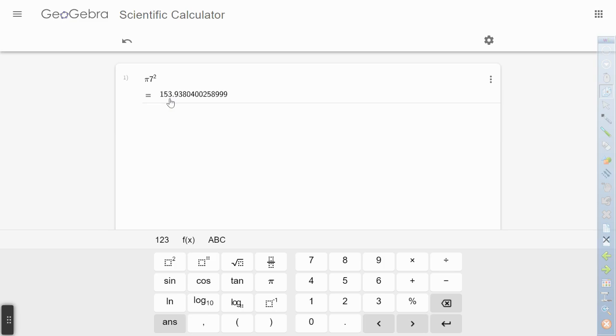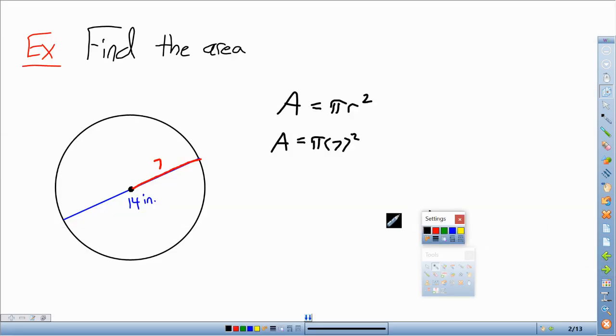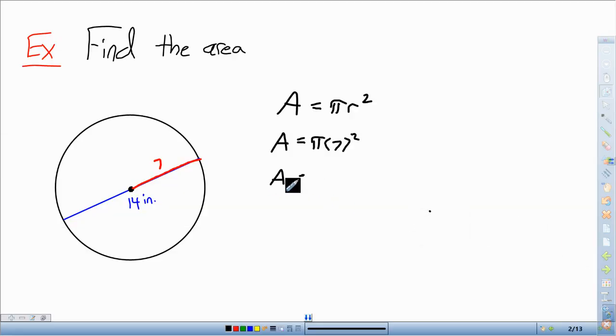We have 153.93. We're going to round to one decimal place, the tenths, just like always. So that 3 means this 9 stays a 9. So 153.9. Okay, so area equals